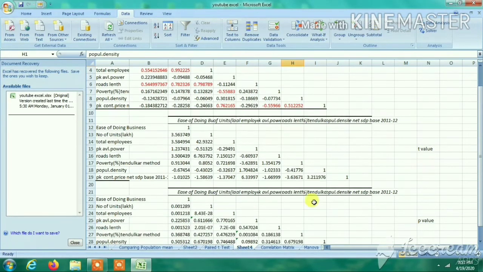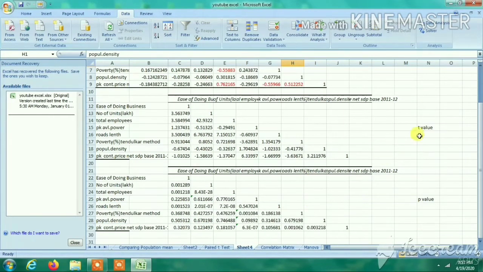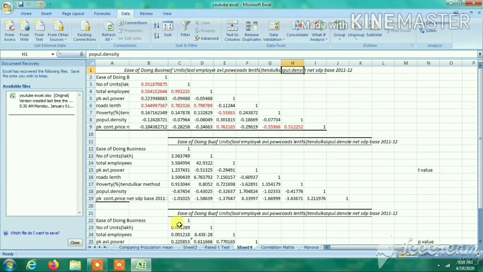After getting the t value, we have to check whether this t value is significant or not. How can we calculate the p value? The probability value we have to calculate by putting the equal to sign, then T.DIST, just write T.DIST, and it will automatically come from the Excel function. T distribution, bracket, the t value, put this value or C13, comma, n minus 2, that is 31 minus 2, that is 29, comma, since it is a 2 tail test, 2, click, and the p value will come. On the basis of the significance level of the p value, we can highlight which values are significant.